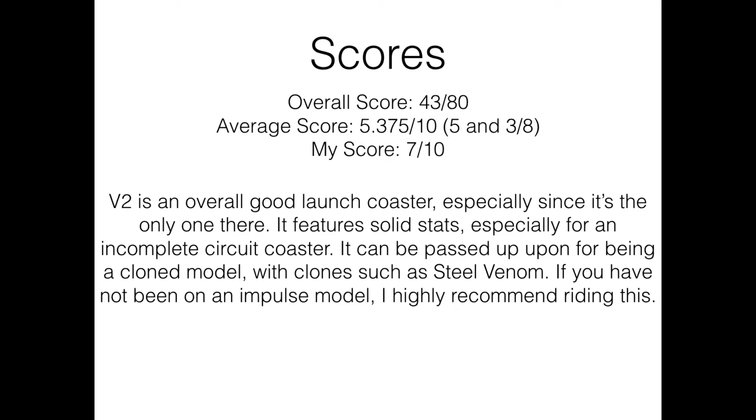Oh yeah, Steel Venom. That's another Impulse coaster. Forgot about that one. It can kind of be passed up for being a clone model, clones such as Steel Venom and Possessed. But if you're not on the Impulse model, or if you haven't been on one, I highly recommend riding this